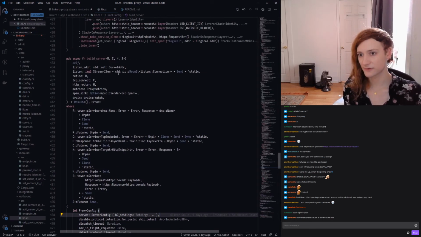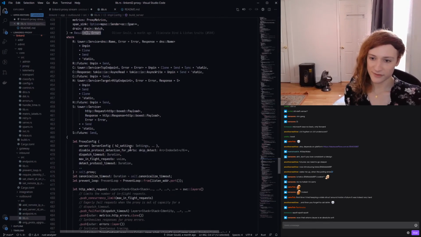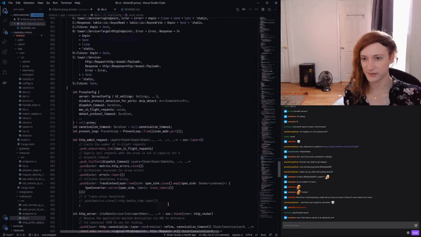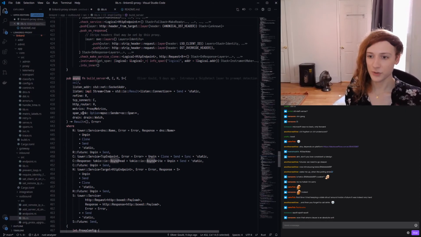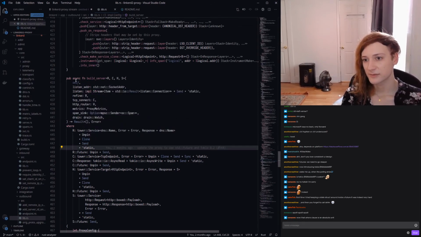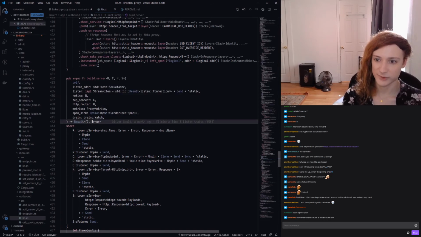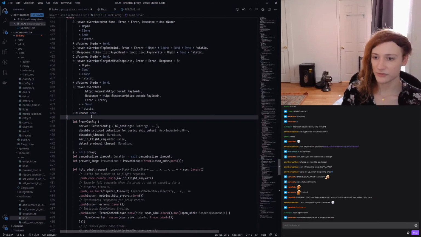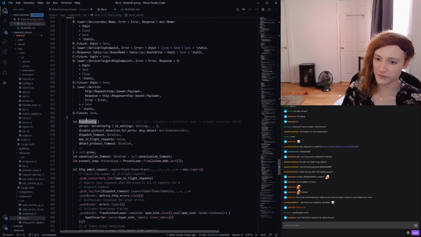This build server function. Normally when you call a function, you just get something back. All of this code in the function runs immediately, you get something back. What this async keyword means, though, is that we don't get a result back when we call this function. We get back something that is a future. Under the hood, we get a future that has the output of result or of nothing or an error, right? So none of this actually happens. Instead, we get a future that does all of this behavior.